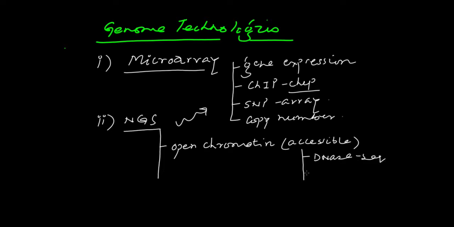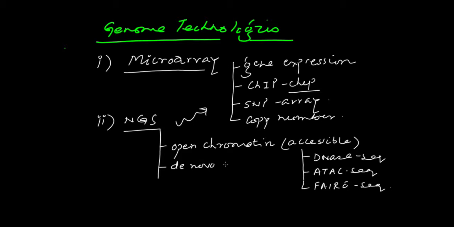DNase-seq is one. You have ATAC-seq. You have FAIRE-seq, and so on. And NGS has also allowed, of course, you can do genome sequencing, de novo genome sequencing,